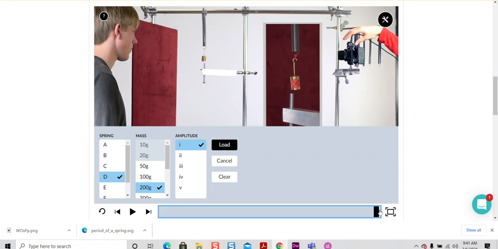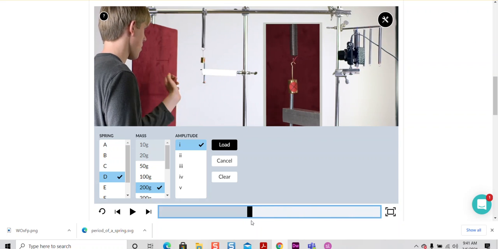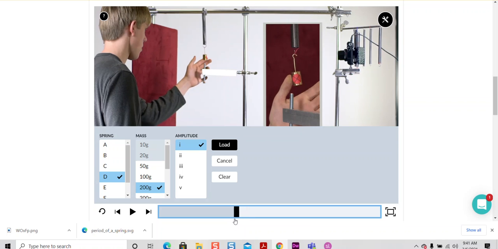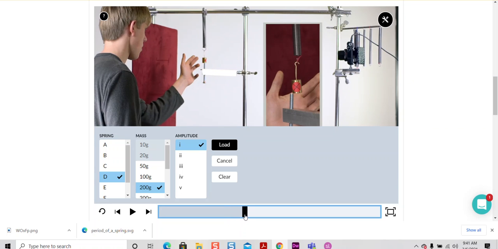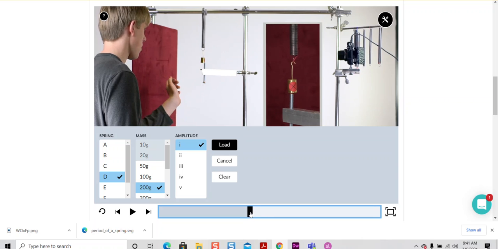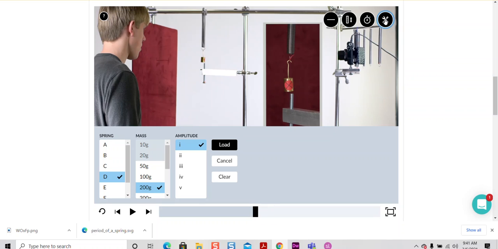So what you're going to do instead is you're going to measure the time it takes it to make lots of oscillations. So let me just define what an oscillation is. An oscillation is the time it takes it to go from the bottom position all the way down to the bottom position. So it starts at the bottom position, and then it goes up to the top and back down to the bottom position. That's really hard to do, and it's not statistically correct to just do it for one oscillation. What you want to do is you want to take your stopwatch, turn it on,